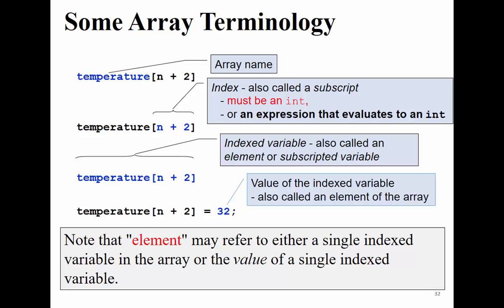Now n plus 2, this is very important. You can have an arithmetic expression that returns int inside these square brackets. So I can have 2 times n plus y minus z. As long as the return type is int, I can have it here in the expression. So you can see here n is a variable. I don't know the value of it right now. So whenever I run the program, I know the value of n. I plug it here and I add 2, then I go to that index.